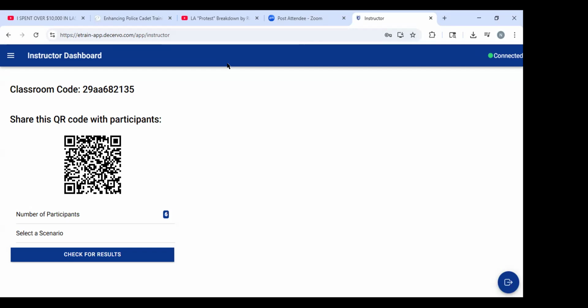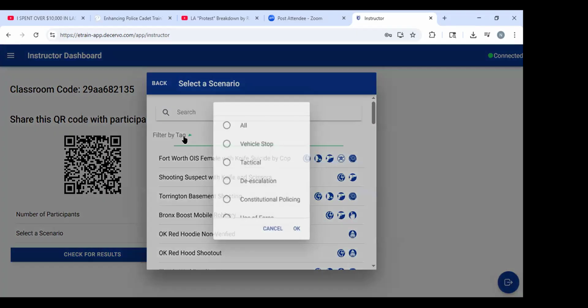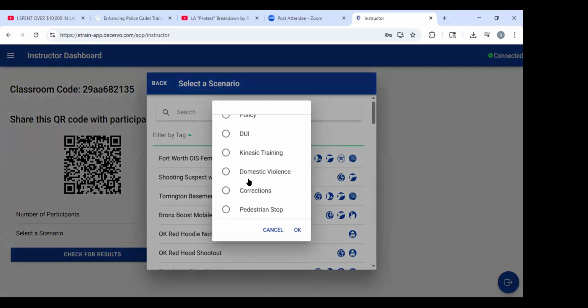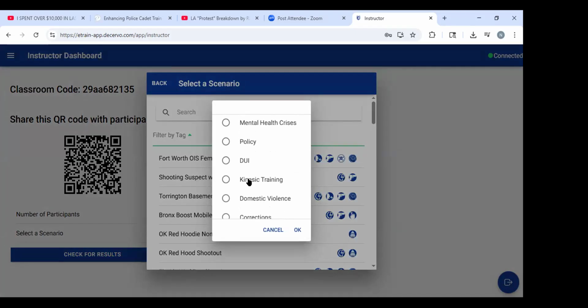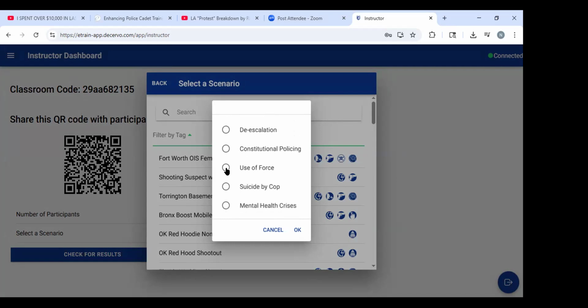And when you're ready, Nate, I'll walk you through selecting a scenario here. So select scenario, and then I would use the filter by tag. It's below the search box. There's something that says filter by tag. Just click on that. If you guys want to do vehicle stop or DUI, because that might be more common for highway patrol, we can do that. Or if there's any other category you'd like to do, we can do that. I'll let you pick from one of the categories there, and it'll filter how you like.